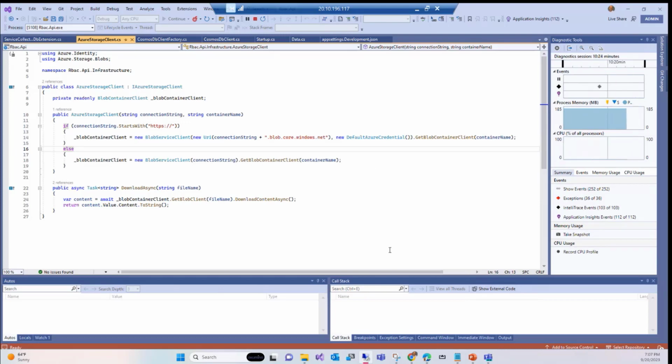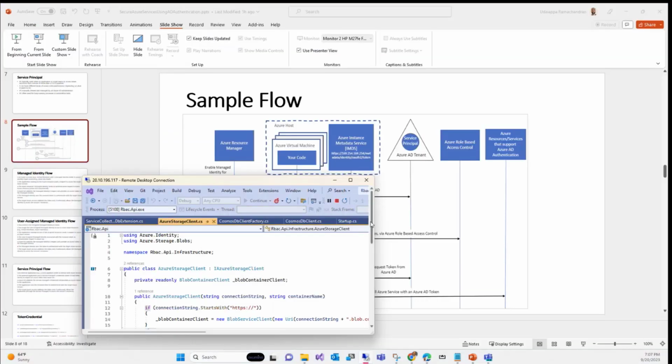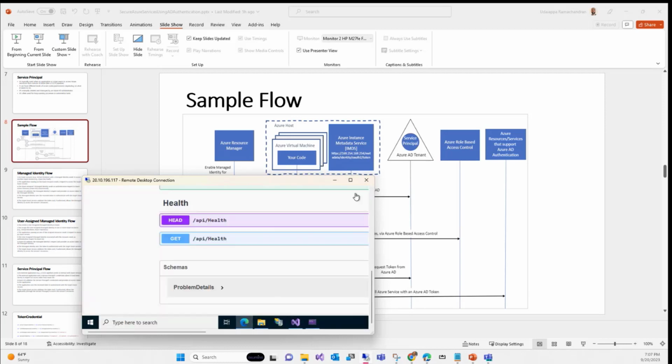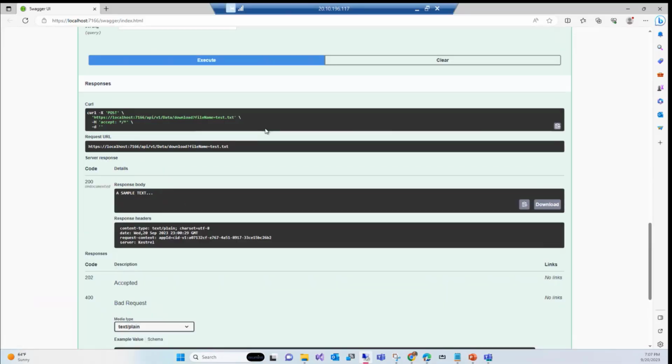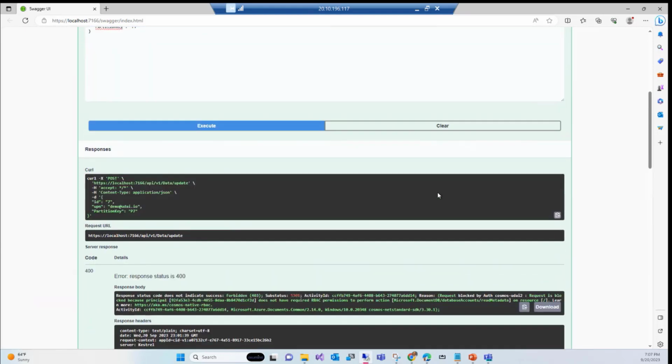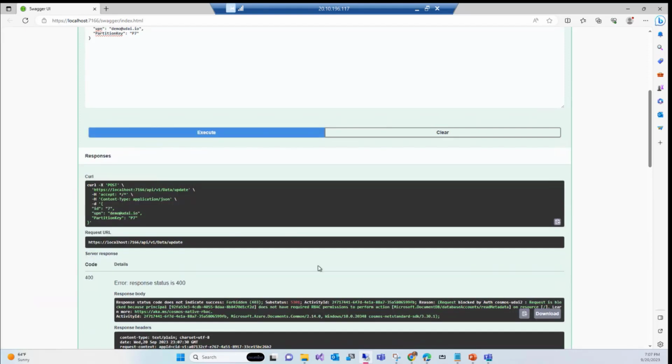Okay, so let's quickly run this demo, and then I'll publish to app service. I'll walk you through that quickly. Now we create all the data and I'm still trying to click on the execute button here. I may still get the same exact error. Yeah, RBAC, right? Now I'm going to go back and grant the RBAC.